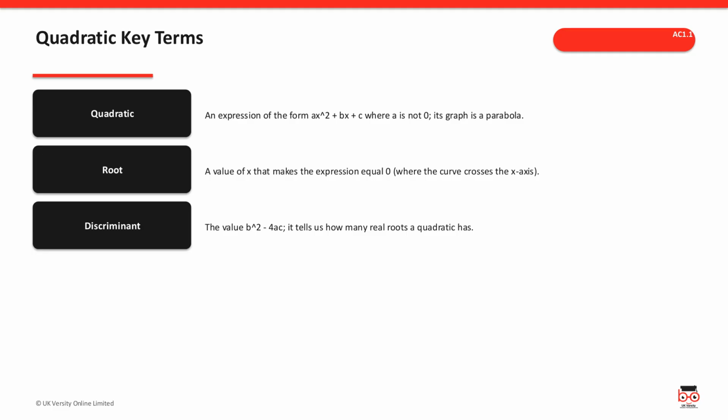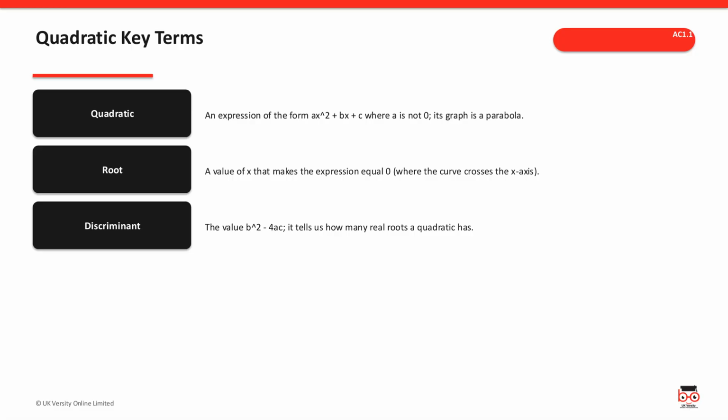Before we start solving, let's get 3 words straight. A quadratic is any expression in the form ax squared plus bx plus c, where a isn't 0, and its graph is always that familiar U-shaped curve called a parabola. A root is simply a value of x that makes the expression equal 0, which is where the curve crosses the x-axis. And the discriminant, which is b squared minus 4ac, is a quick number that tells us how many